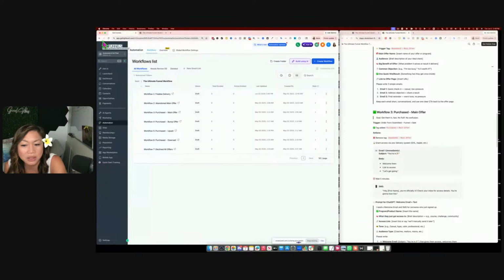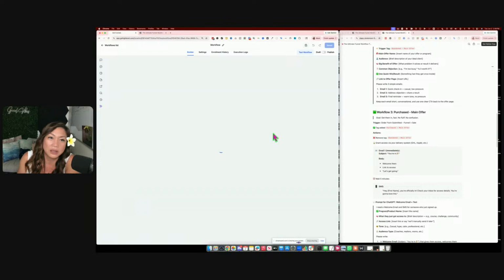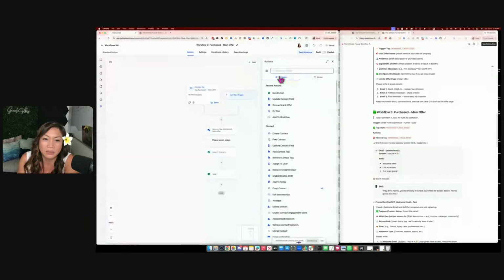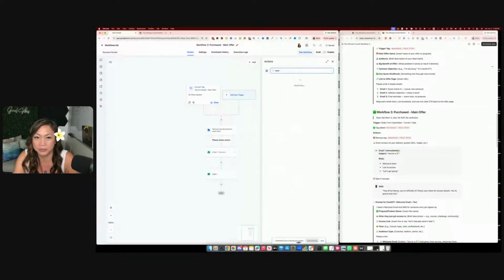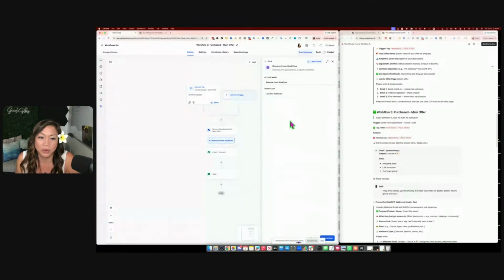I'm adding another workflow to remove them from the abandoned cart follow-up. So actually, let me go back to number 3. I'm going to add remove from workflow. So we're going to remove this from the abandoned cart offer,